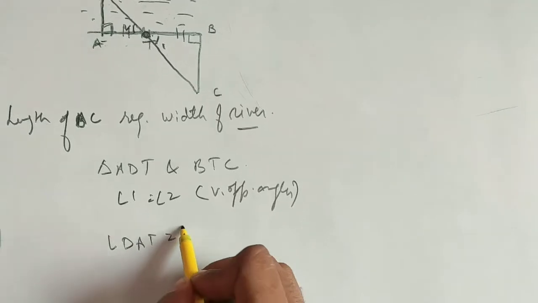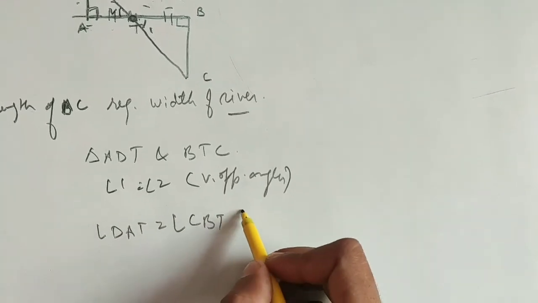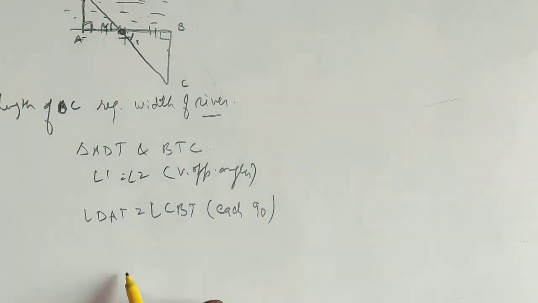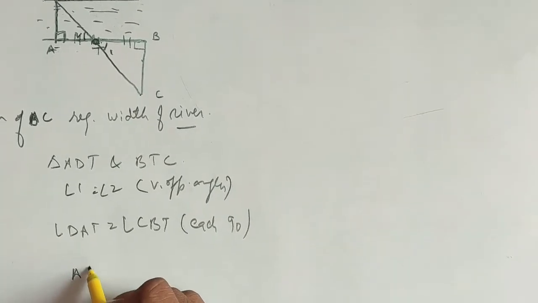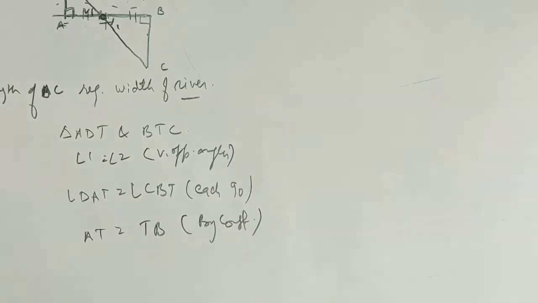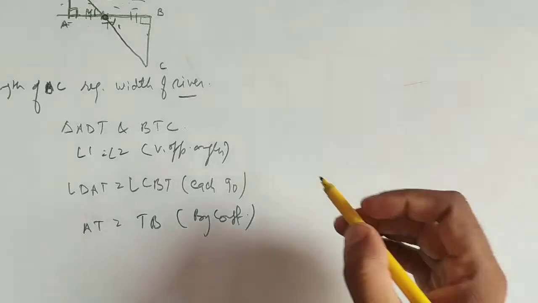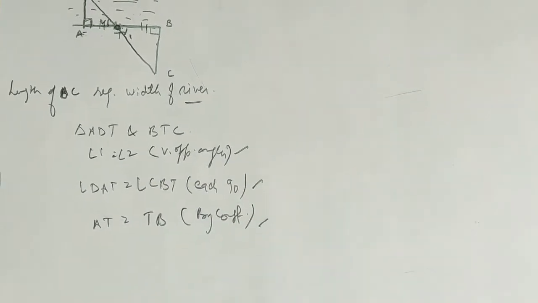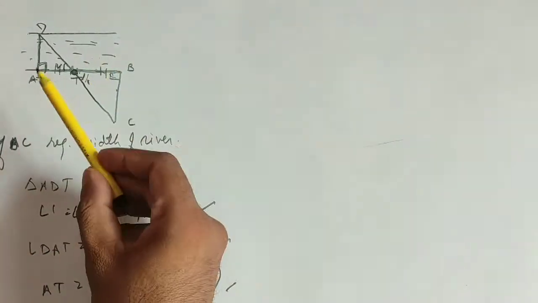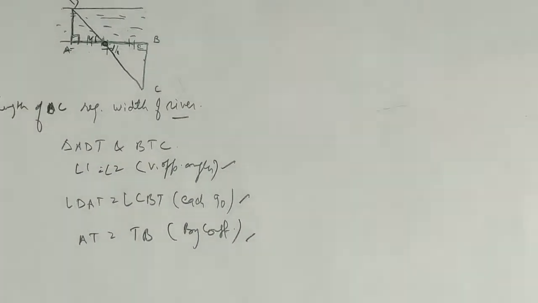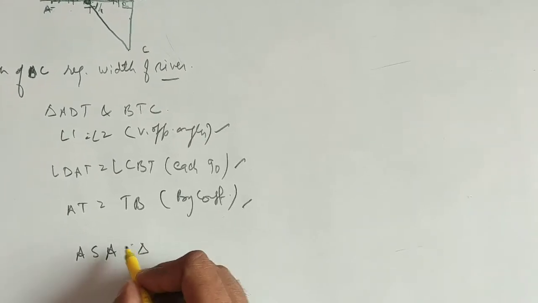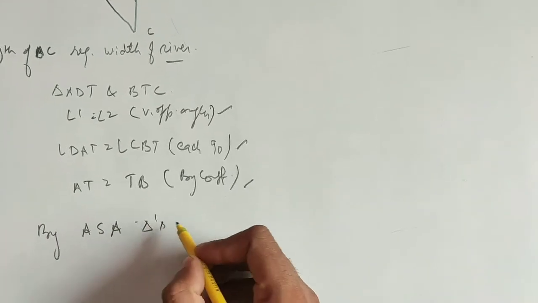Okay. And we know that angle DAT is equal to angle CBT, each 90 degrees. These two angles are 90 degrees. And the position of point T was such that AT is equal to TB. This was by construction. We have chosen the point T as the midpoint of AB only. So now we have got three things between these two triangles. We have used this side and these two angles, and this side and these two angles. So by angle, side, angle,